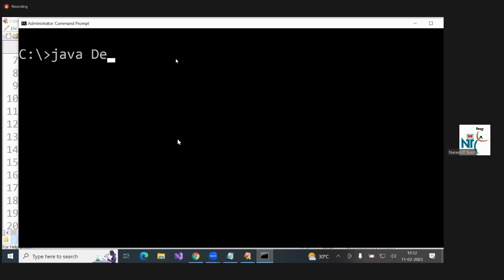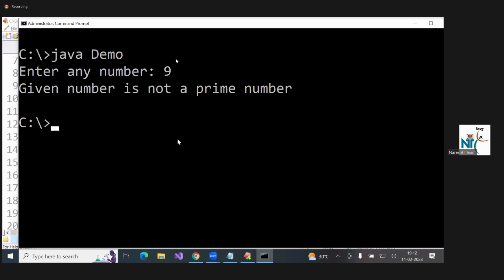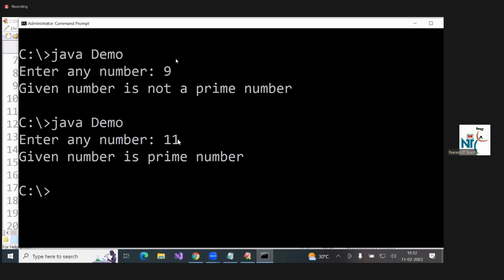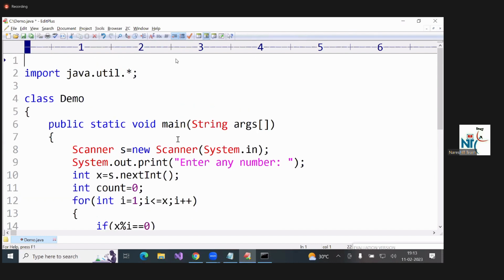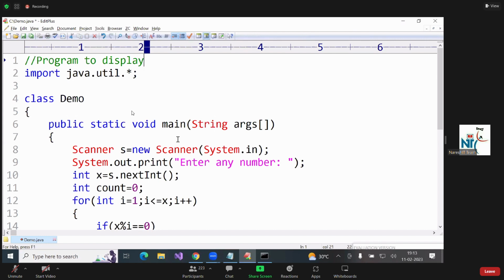Java demo. 9. 9 factors: 1, 3, 9. How many factors are there? 3. Count value 3. 3 double equal to 2? False. Given number is not a prime number. Suppose 11. 11 factors: 1, 11. Count value 2. 2 double equal to 2. True. Given number is prime number. Okay. Write this one. Program to check